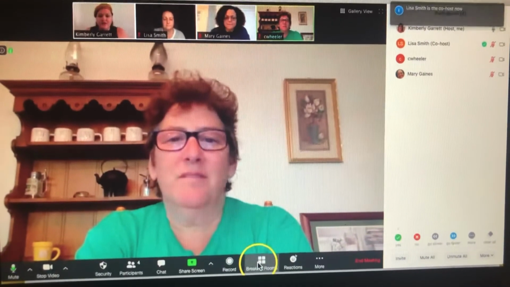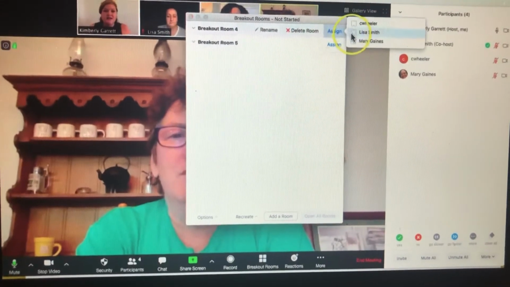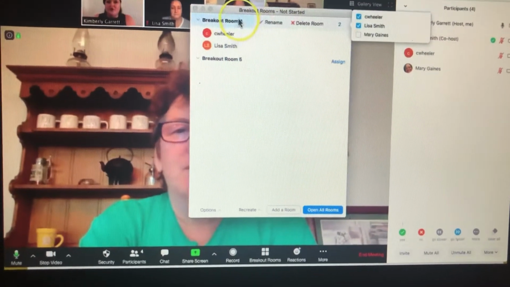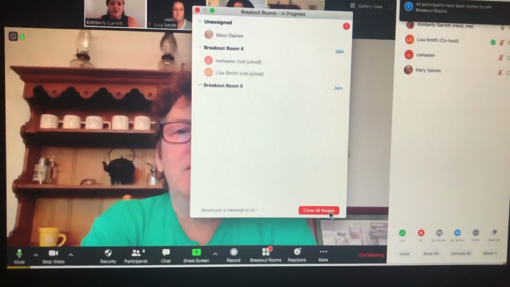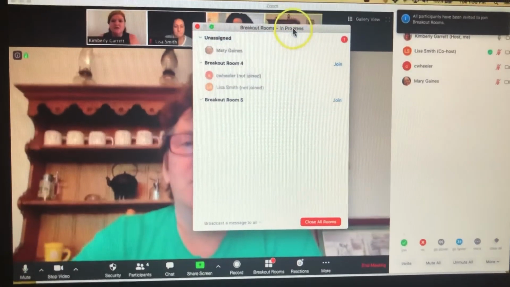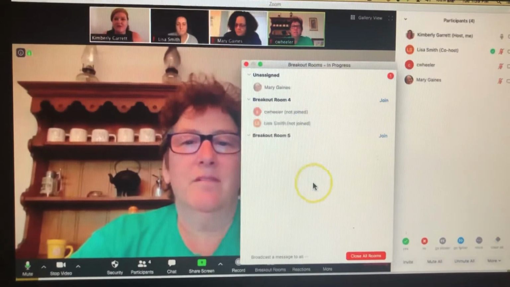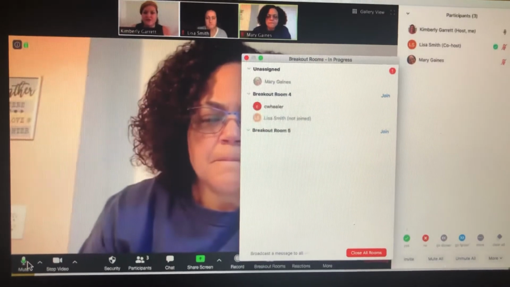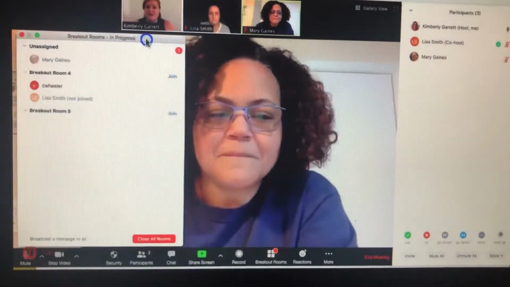Now I'm going to go down to breakout rooms on the bottom and I am going to assign Lisa and Kathy to go into breakout room 4. I'm going to go ahead and open all rooms. It says in progress. So they're invited to join, so they should be moving over to their room shortly, and you can see Kathy has left,